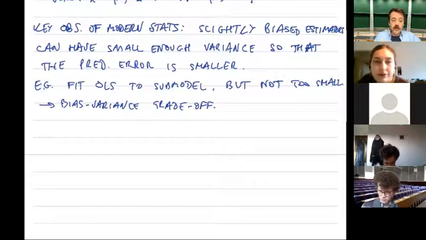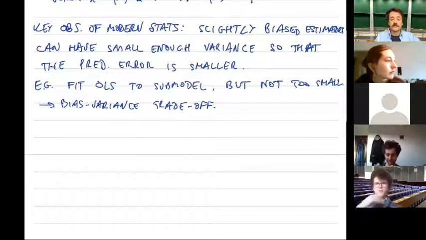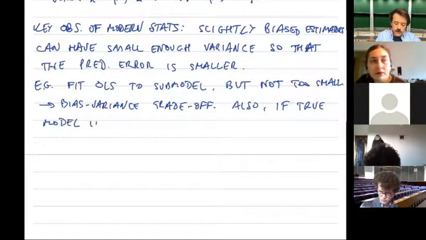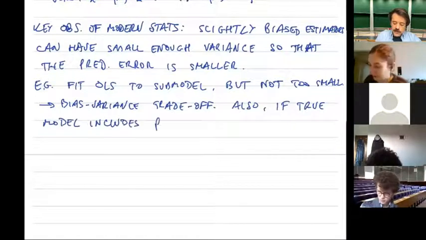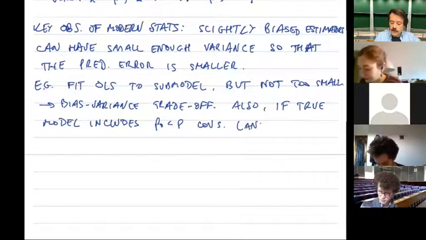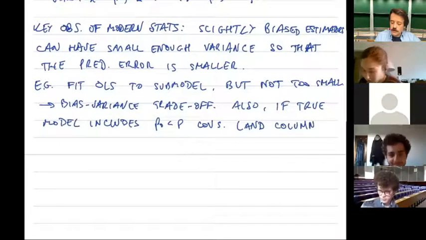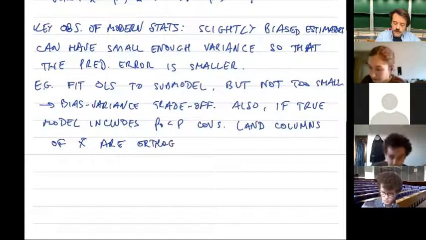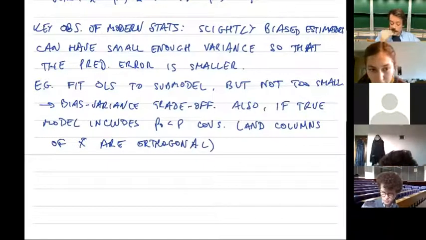Okay. So what we've said is, we have a model of a certain dimension, then maybe we need to choose something a bit smaller. So what about if we start with more covariates than the true model includes? Also, if the true model includes p naught less than p covariates, and let's also assume for simplicity that the columns of X are orthogonal, which means that there is no correlation between the covariates,